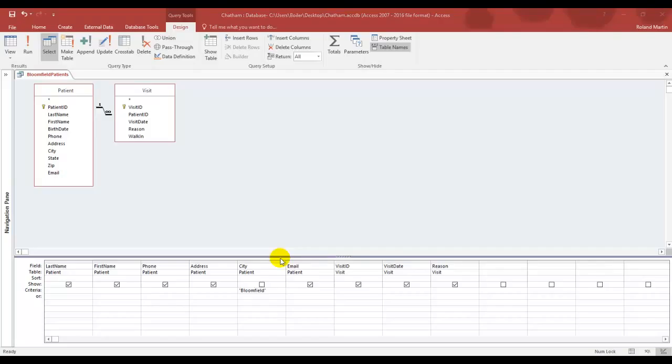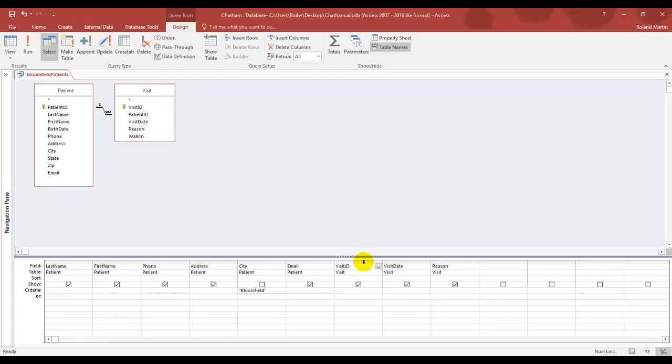Next, let's position our pointer here to the Visit ID field. And we're going to hold that over the top there until you see it change to a dark, bold down arrow. And you should see that just like that. Now you can click and hold that and you'll see that it changes to a box with a black vertical line appearing to the left of the selected field, and that line is going to represent the selected field